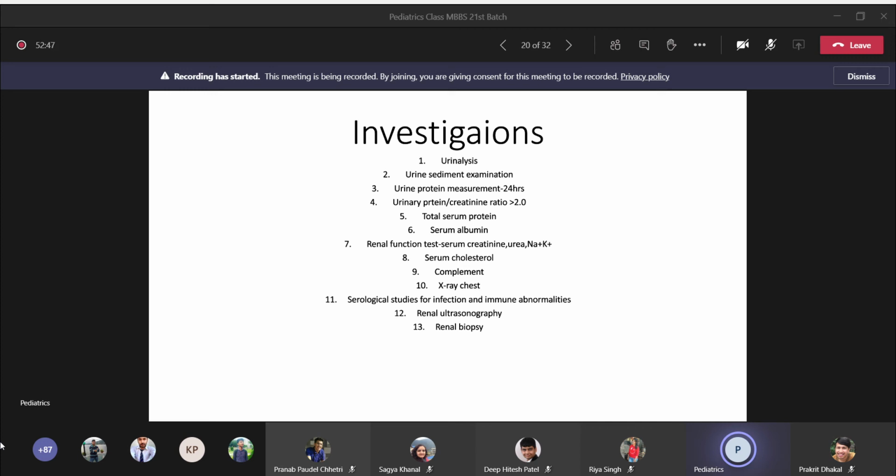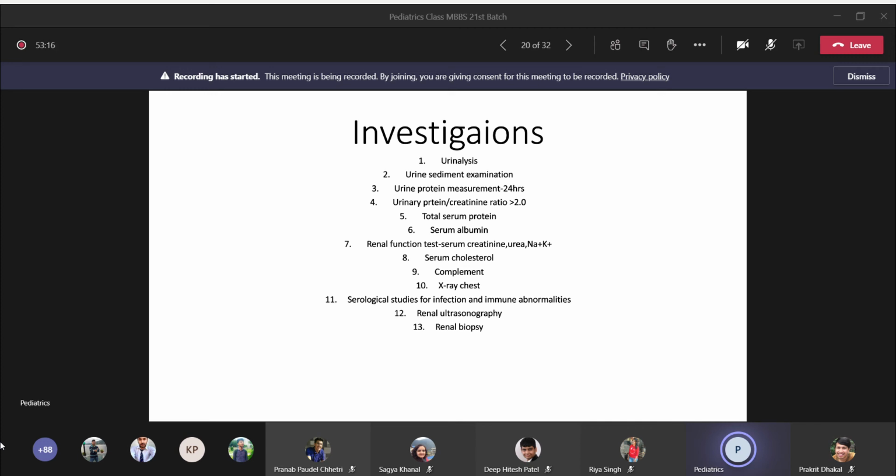Renal biopsy is important in case of nephrotic syndrome. If you are treating a child with nephrotic syndrome and the patient could not respond to the corticosteroids, you should think that it might not be a case of minimal change. Rather, it might be other types of nephrotic syndrome. And so you must do the biopsy. So what are the indications? There are so many indications of biopsy.